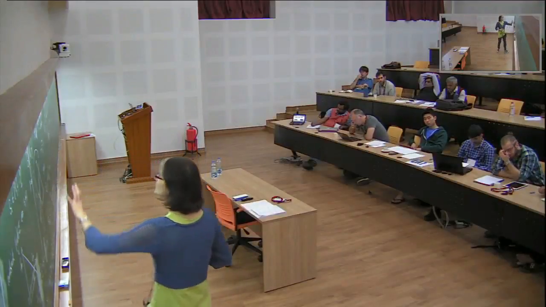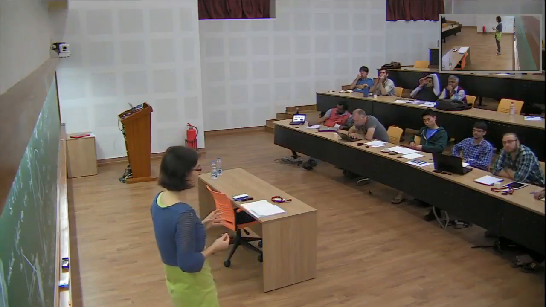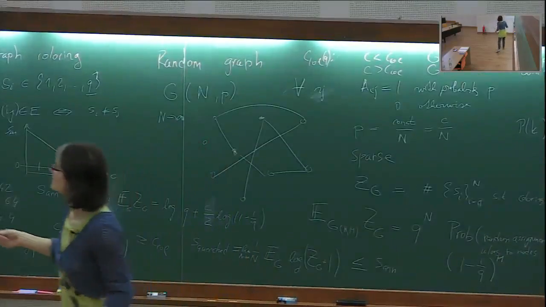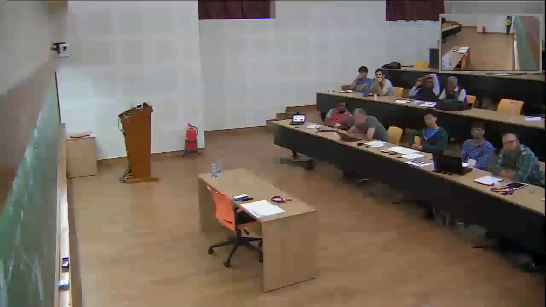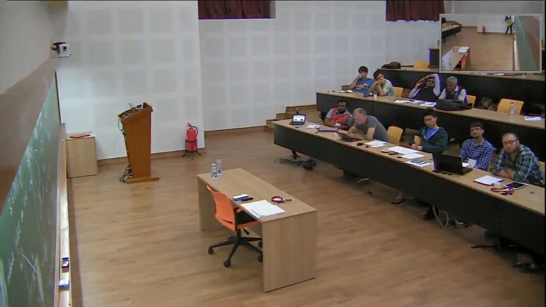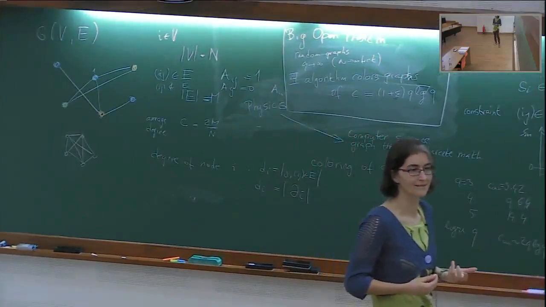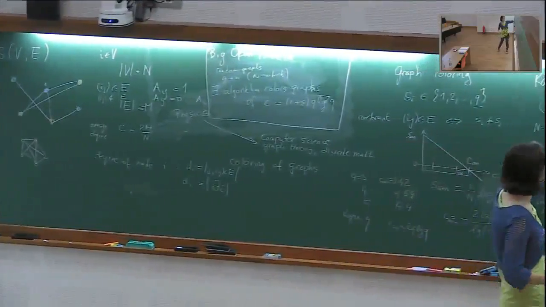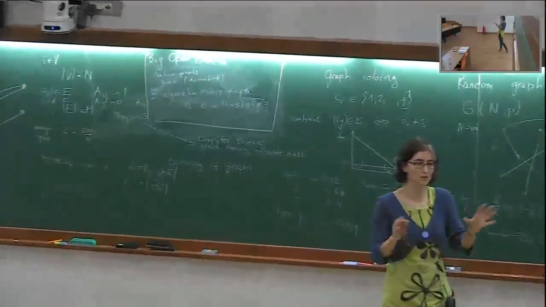So there is one important property of these random graphs that I didn't mention yet, but I should. And that's that they are locally tree-like. So what does that mean? A tree is a graph that doesn't have loops. So this would not be a tree, because there is this triangle, this cycle, that's a loop. But if I erase, say, this edge, then it would be a tree, because there is no cycle. So trees are graphs without cycles. Now what does it mean to locally look like a tree? That means if I go to some quite big distance from a node, walking by the neighbors, I don't see any cycles. Not too soon.